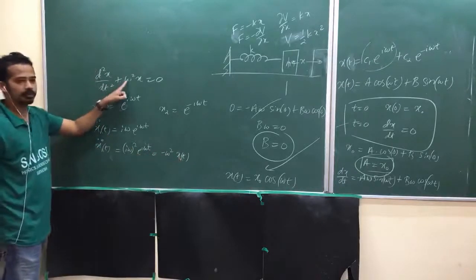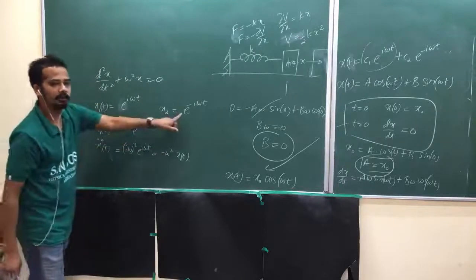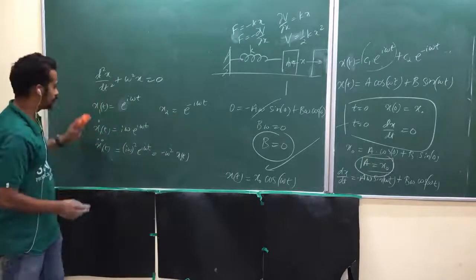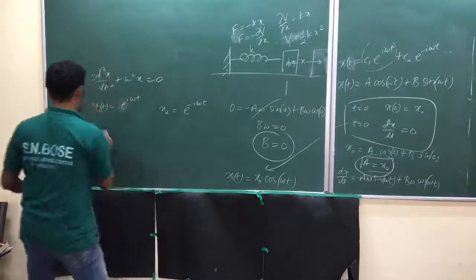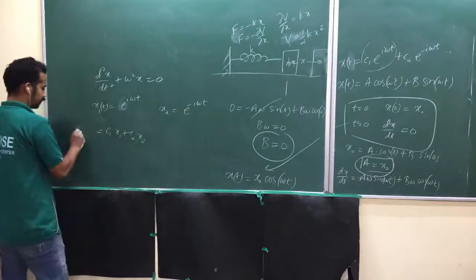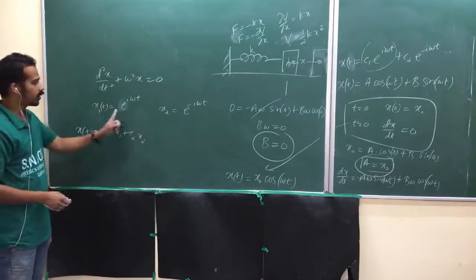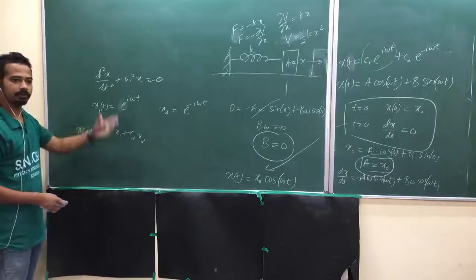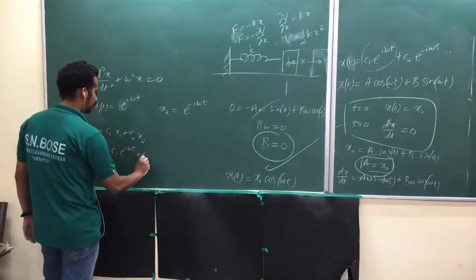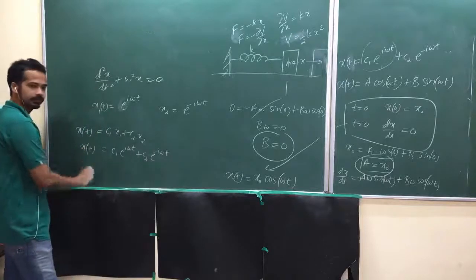The equation needs the second derivative equal to minus omega square into the function, so if you take it here, you get this equation. Same thing will happen for this one. These two are independent solutions of the equation. Suppose you write c1 x1 plus c2 x2. We call this the most general solution, a linear combination of this kind of solutions. So you can write c1 into e power i omega t plus c2 into e power minus i omega t. This is also a solution, you can just check it out.